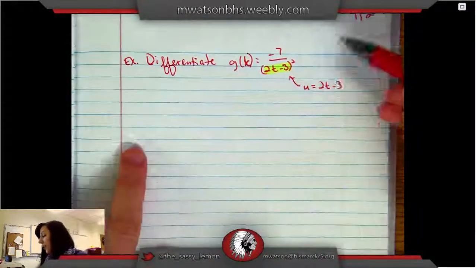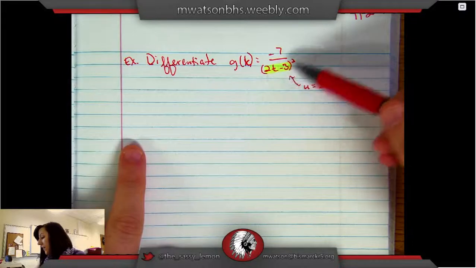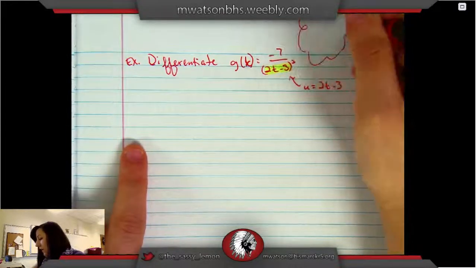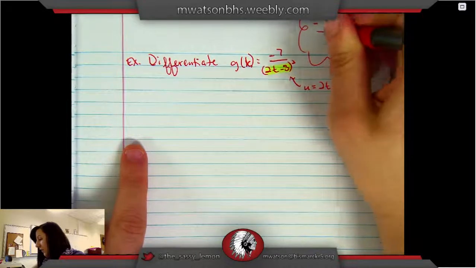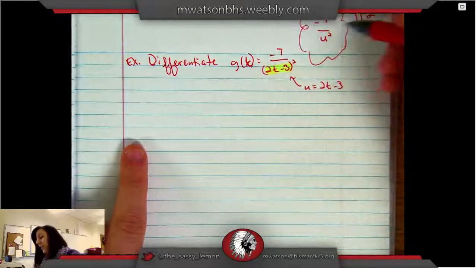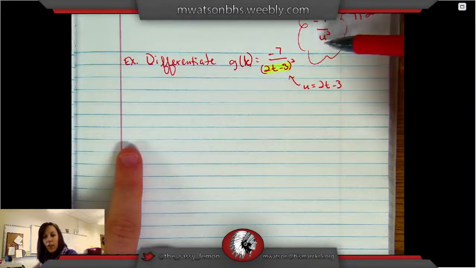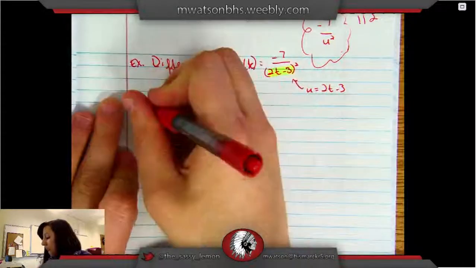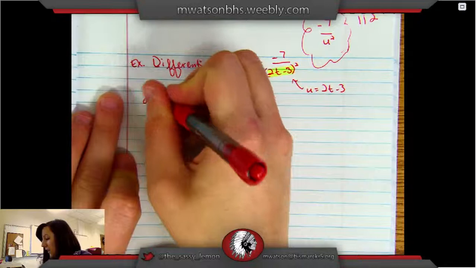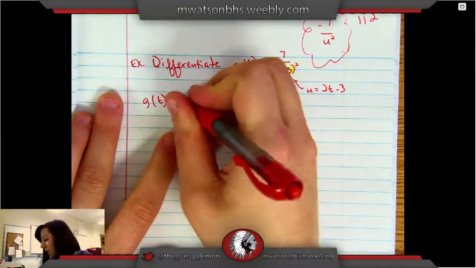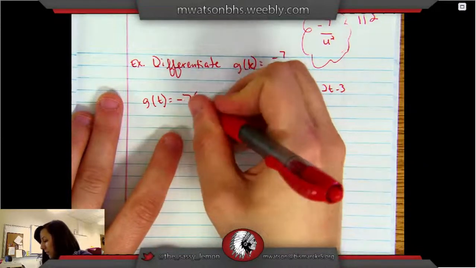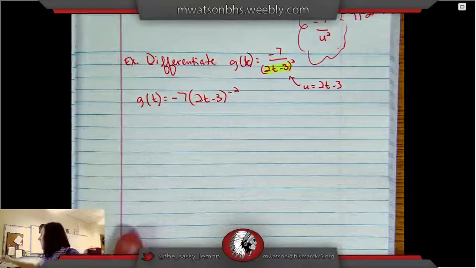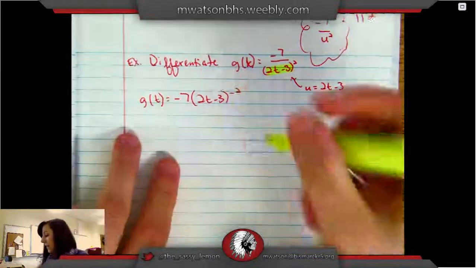Okay, now if that's our u, then in your mind you can imagine that this is -7 over u squared. To do the derivative of that, we're going to need to move the u to the numerator. So let's just rewrite our g of t completely. Let's rewrite it as -7 times 2t minus 3 to the -2nd power. So again, you're visualizing that this is our u